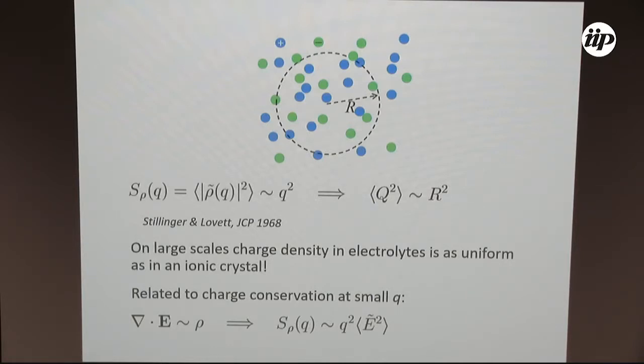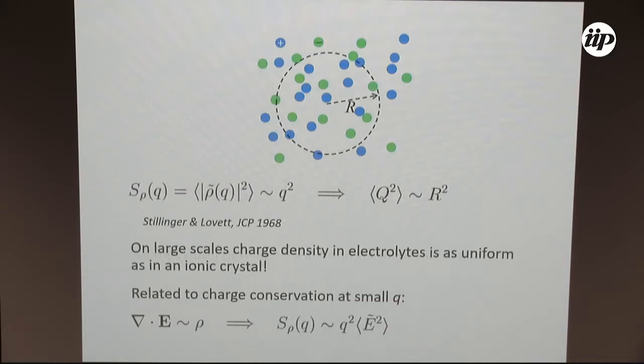So now you face two options. One is if this structure factor goes to a constant as q equals 0, it means that the fluctuation in E goes to infinity, because it will go like constant divided by q squared, which is not something very pleasant, because E squared is an energy density. So the only other option is that the S rho itself will vanish, and then E squared can be finite. So that is the physics behind this hyperuniformity.